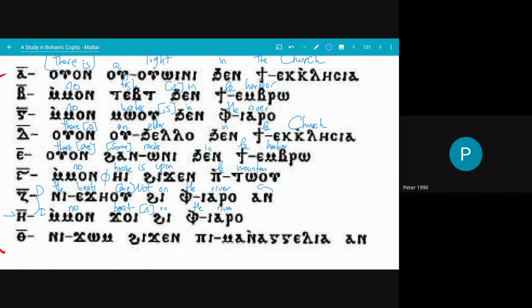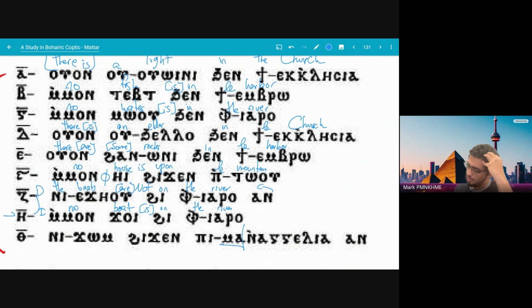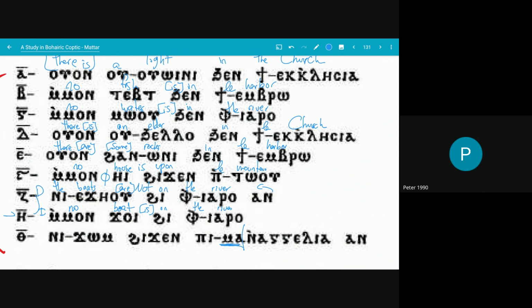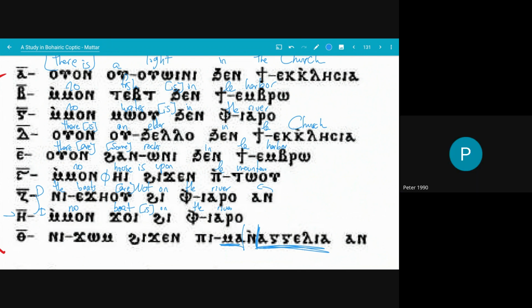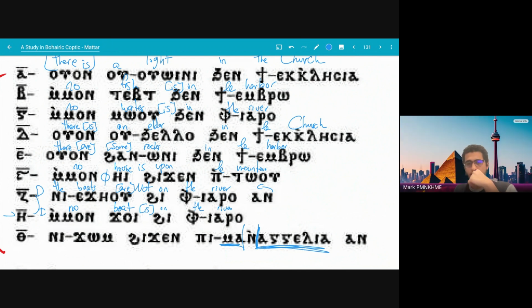Okay. So ni jom hijen pi man nanglia on. So read this. So just read this part. Ma. And then there's this part. En. And then can you read Angelia. Angelia? So Manangelia, if you speak Arabic, it's Mangalia, which means the place of the gospel, which is where you put the gospel.